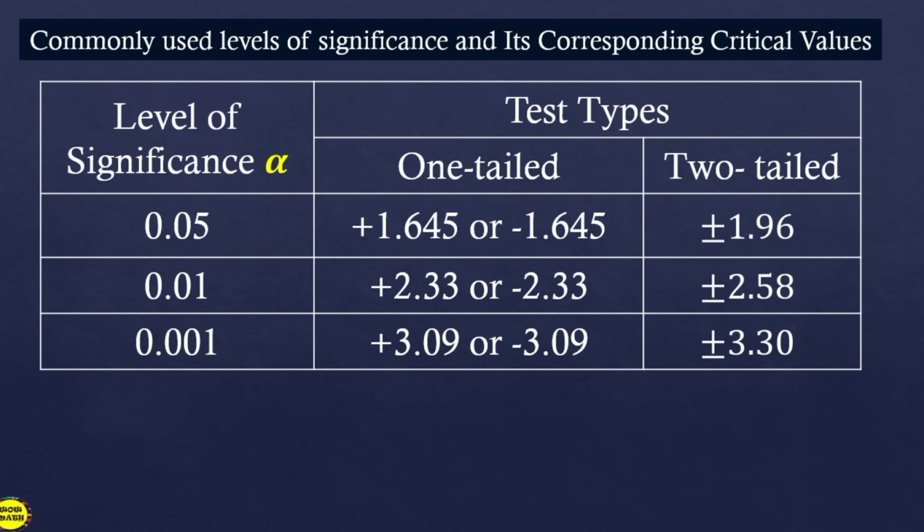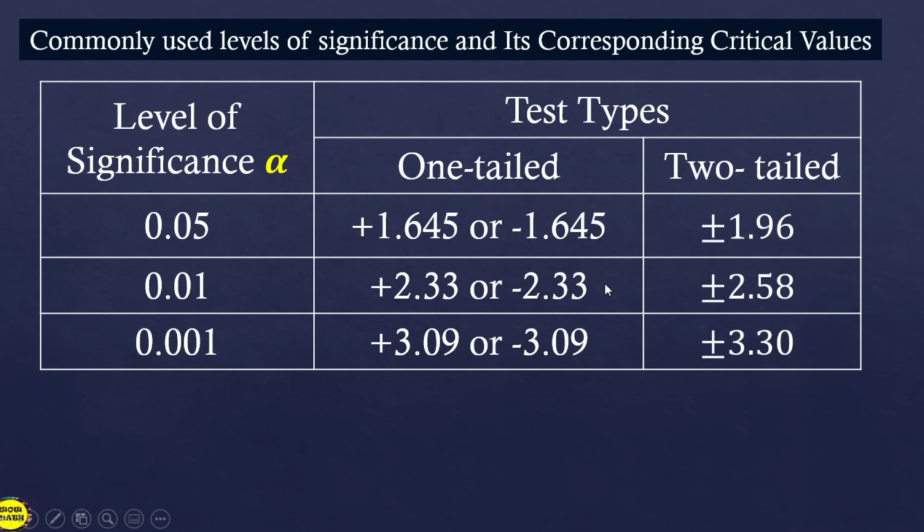So, these are the commonly used levels of significance and their corresponding critical values. So, madalas ito yung ginagamit. So, for level of significance, denoted as this symbol, alpha. Okay? So, alpha. So, ibig sabihin, if 0.05 and then one-tailed yan, again, kapag 0.05 then one-tailed, the critical value is 1.645 or negative 1.645. Pero kapag two-tailed, it is a positive or negative